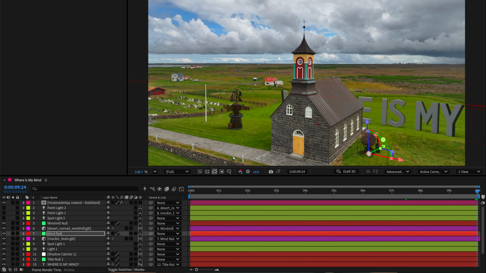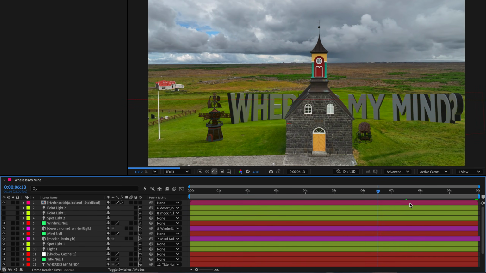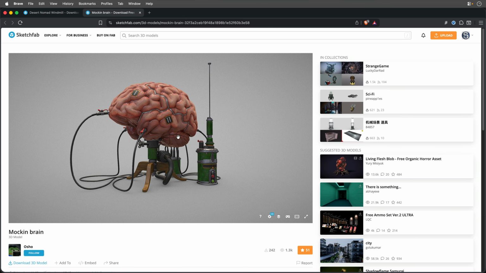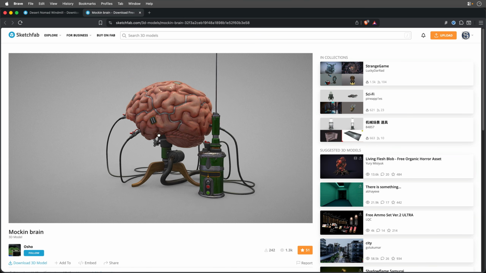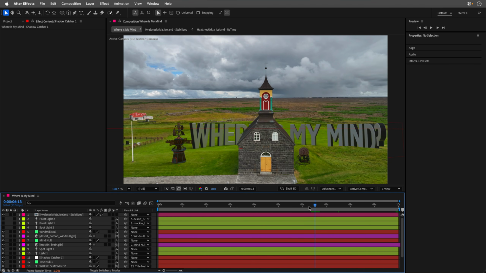Because we already created a large shadow catcher, the models that I'm adding automatically receive realistic shadows, which saves a lot of manual work. In case you're wondering, in this scene, I'm using the free desert nomad windmill, a model by Ben Van Helst, and a floating brain model, really cool, by Osho. Both of them were downloaded for free from sketchfab.com. I also added a few extra point lights to create highlights and help the models blend more naturally into their